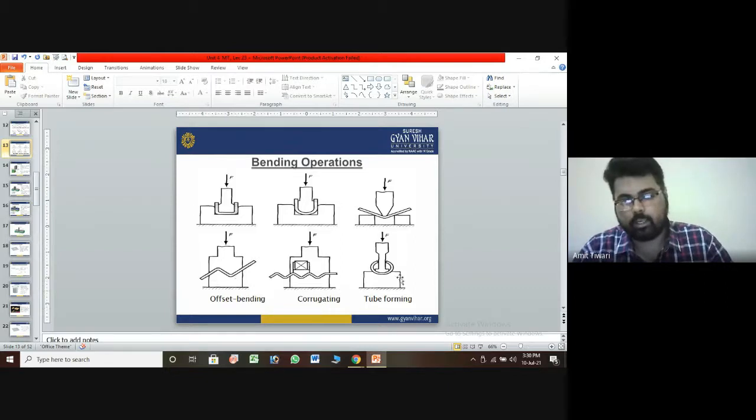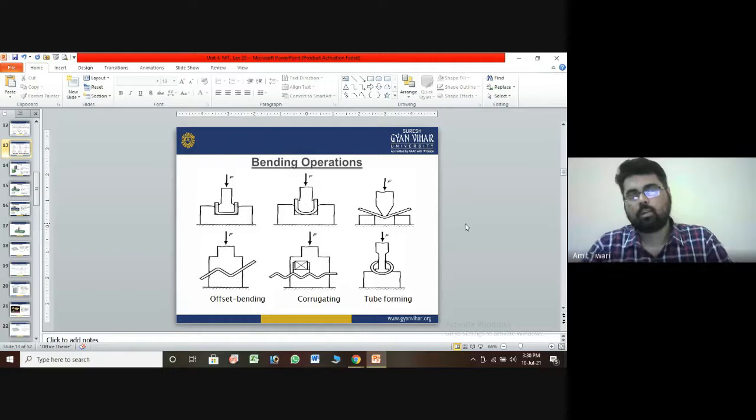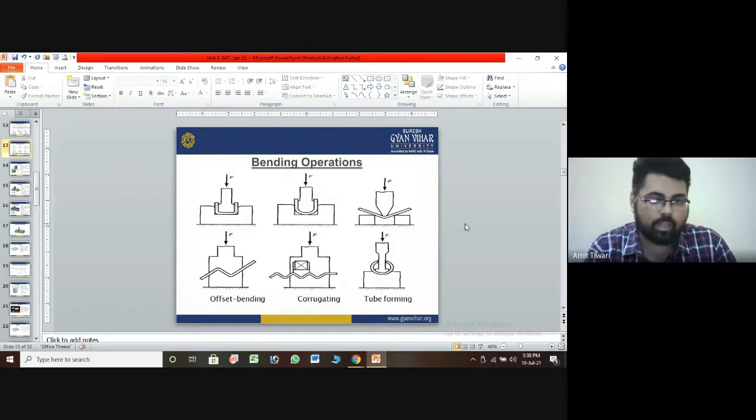This is corrugating, and it is a tube forming type of design we make. These are all the fundamentals we use for sheet metal, and it is very easy to understand. It's not difficult. Whenever you are doing any operation, just keep in mind what type of die or punch is required to fabricate such an operation. After that, you will easily understand and have the idea to do this. Otherwise, you will have no idea how to make it. So these are all the operations, the techniques we adopted for making this type of bending.